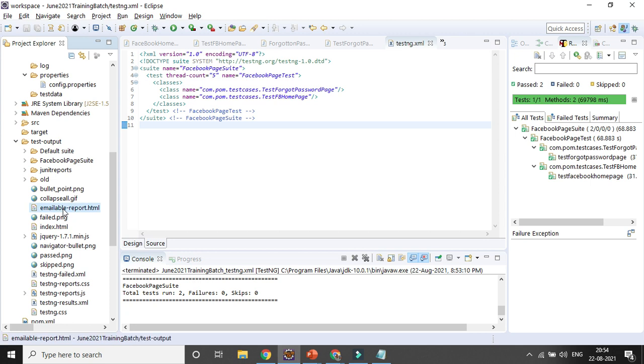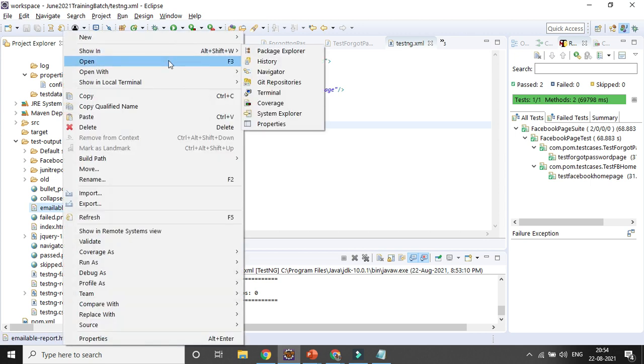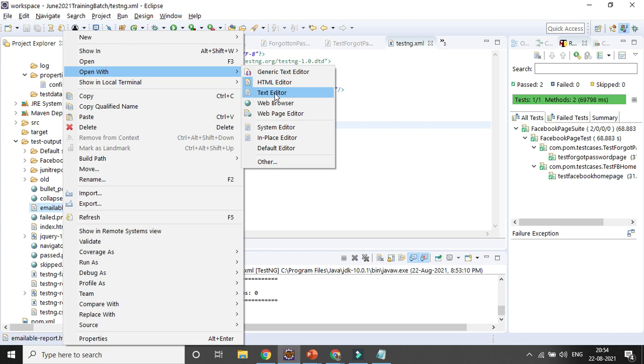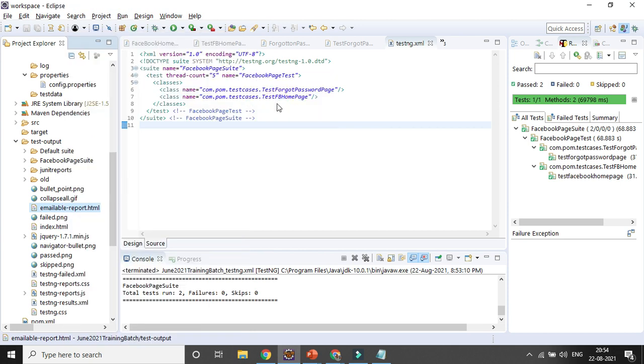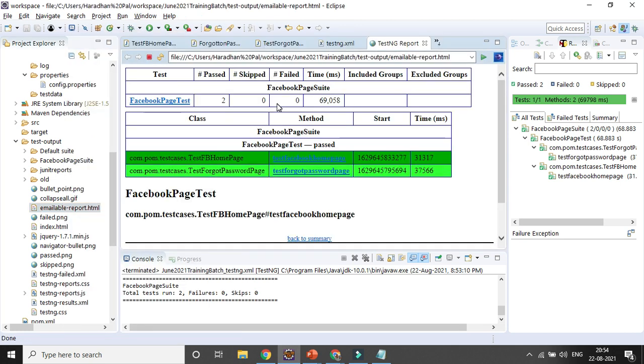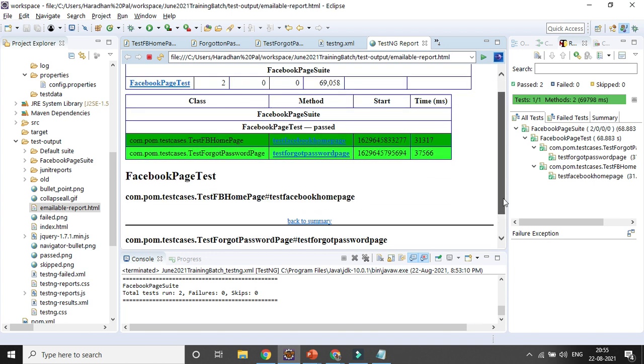If you right click here and open with web browser, you can get at least some sort of holistic report which is automatically generated by default as part of TestNG. You can see, right? These are your test cases executed, right? And these are the different executions. What is the time, what is the pass or fail, or like that. Okay, so that's why you can also get the detailed report.